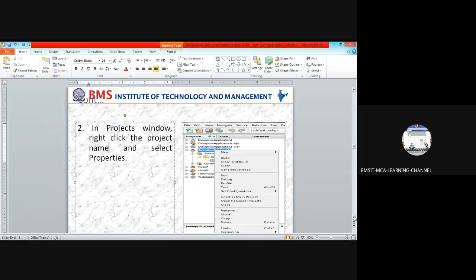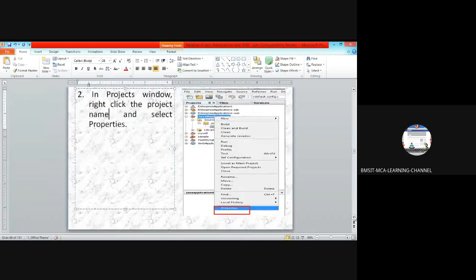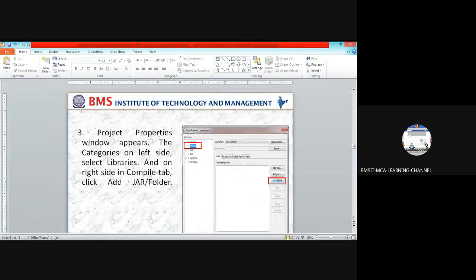After selecting the project properties window, in the categories on the left side, select library. On the right side in the compile tab, click add jar or folder. So you can add it directly there, or you can add here.